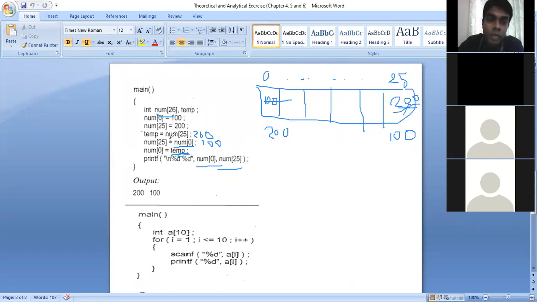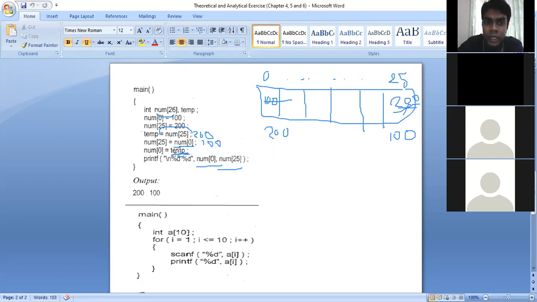Okay, so position number 25. Inside position number 25, which value do we have? 200, isn't it? We are assigning this 200 inside the temporary variable. Temporary is another variable. We are storing this 200 inside it.